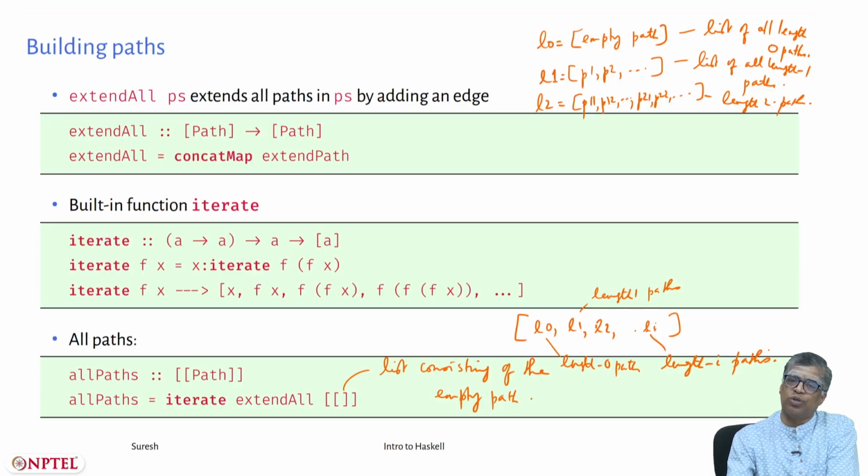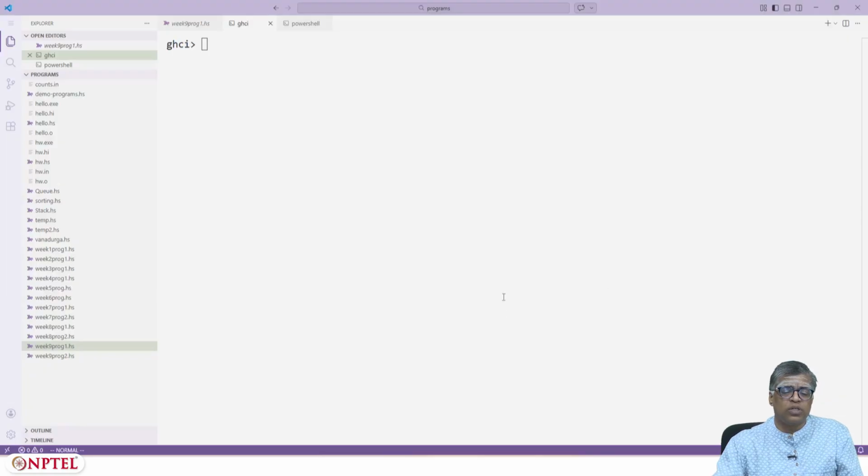Okay. You could actually try this, and if you try this in GHCi, it will keep on printing whatever path it encounters. But now remember, we need to figure out whether V is connected to U, but before that we can actually program these things and try to run them. Let me go to Visual Studio Code now, where I have already written these programs.